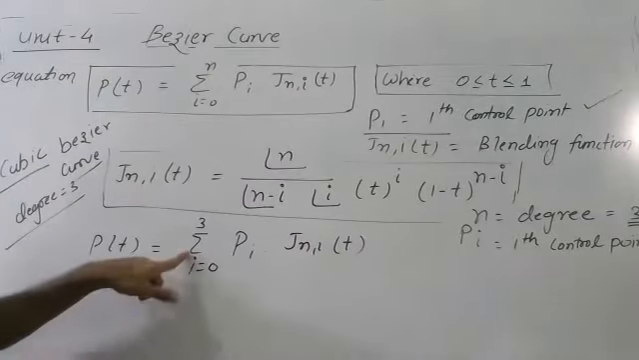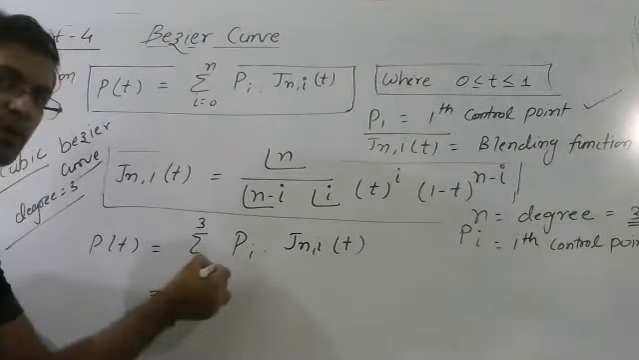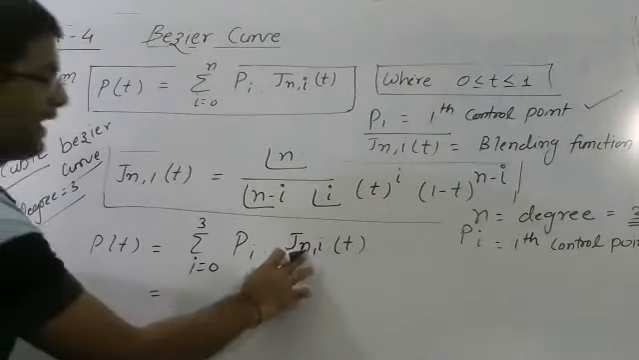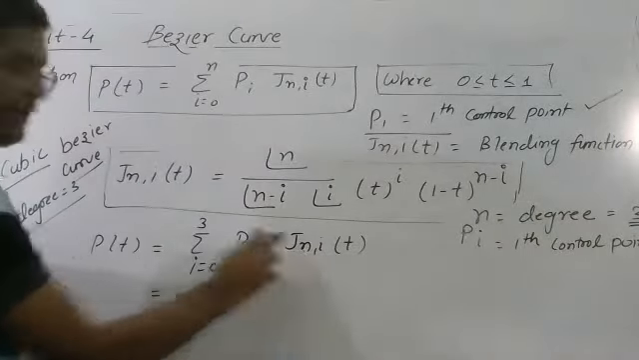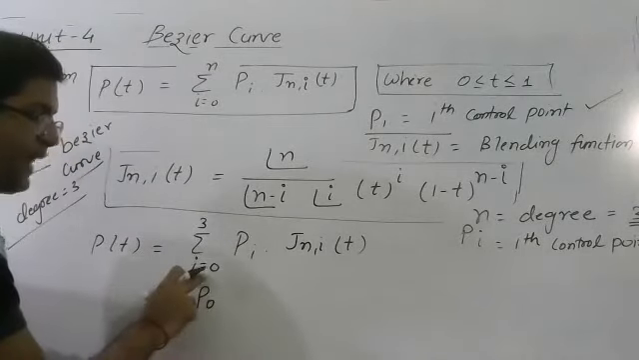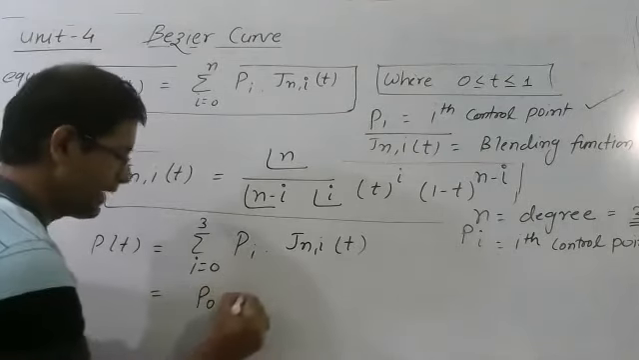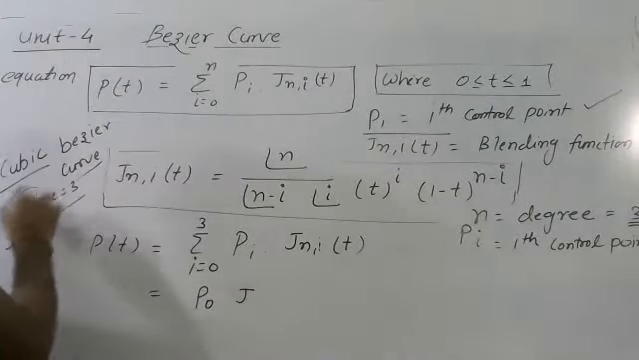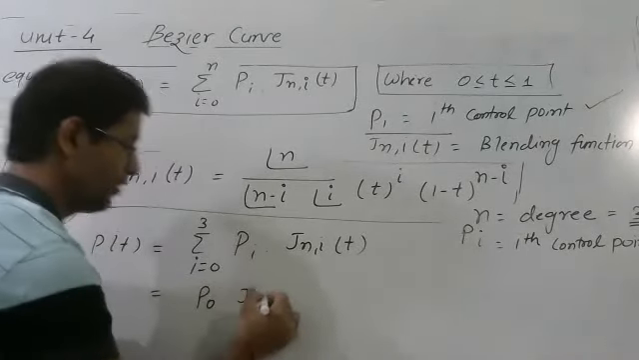Now here I want to remove this summation sign. Then I need to put all the possible values of i in this particular equation. I know n, which is the degree, is 3, so I can put 3 here. When I put i equal to 0, it will become P0 multiplied by J, the value of n is 3, we know the degree is 3, comma, the value of i is 0,